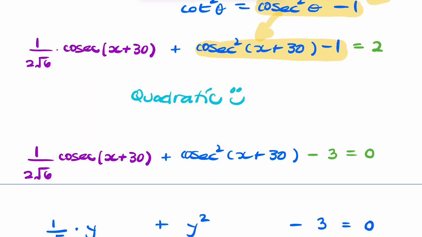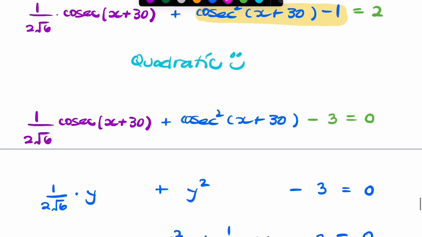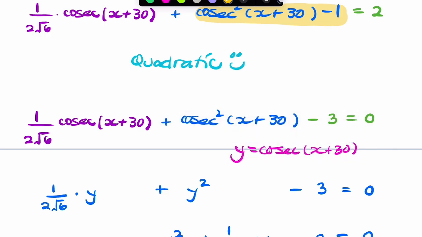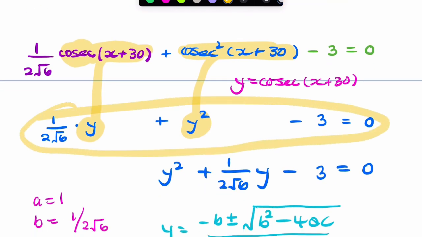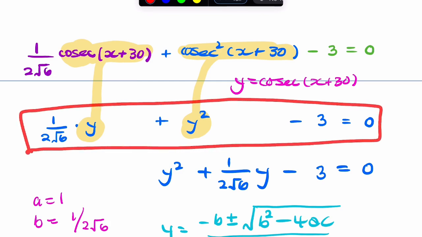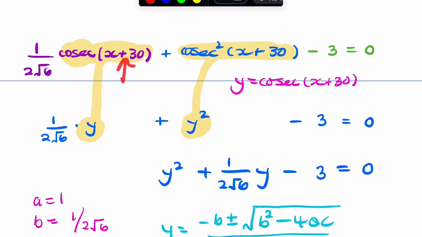So if you say something like, let y equal cosecant of x plus 30, you then can say that this is just y, and this is y squared. You don't have to do this, but it looks nicer because now you have a quadratic that's very clearly quadratic. You won't get confused by the plus 30. So now we can solve a quadratic